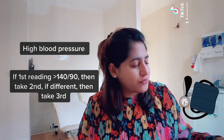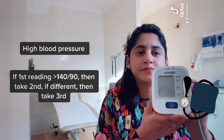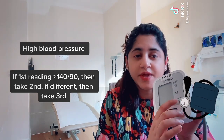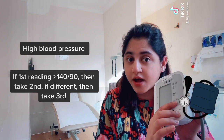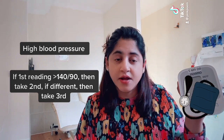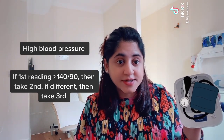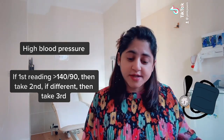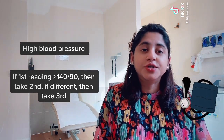Now, obviously, if you're using this electronic machine, this will give you the pulse. And if the pulse is irregular, then obviously this electronic machine might not give you the right blood pressure reading. In that case, what you need to do is you need to use